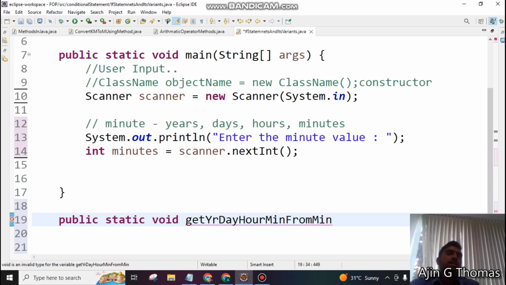Okay, get year, day, hour, minute from our given minute data. Then how much data is required for performing this operation? Okay, so int